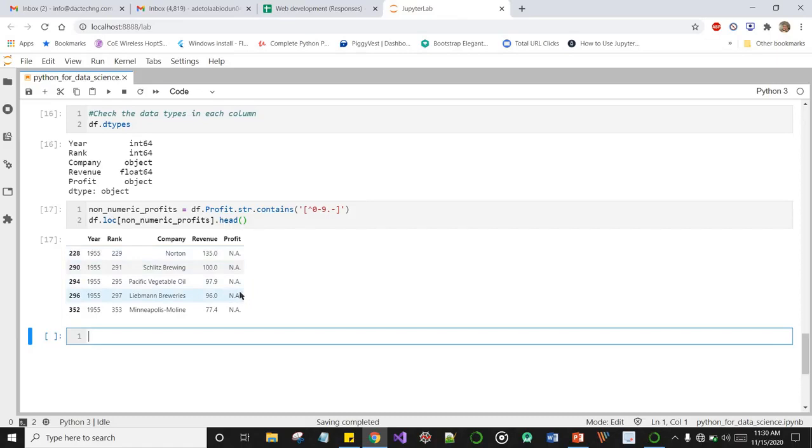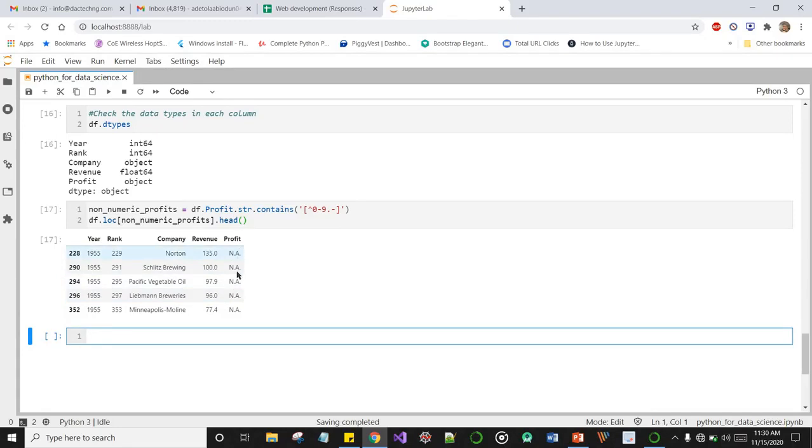Okay, so what we would like to check again is if there are other unique values in the profit column.